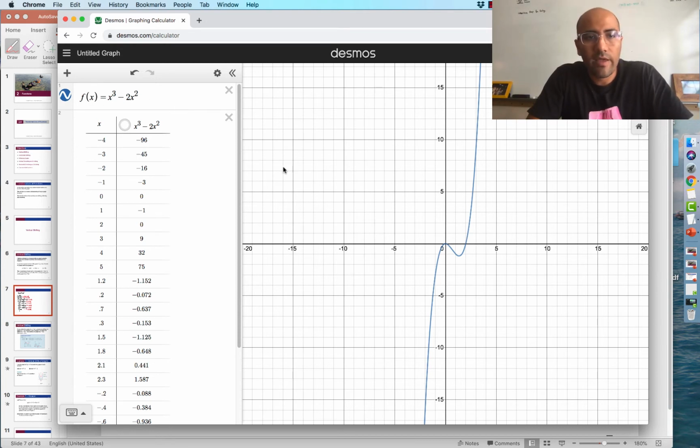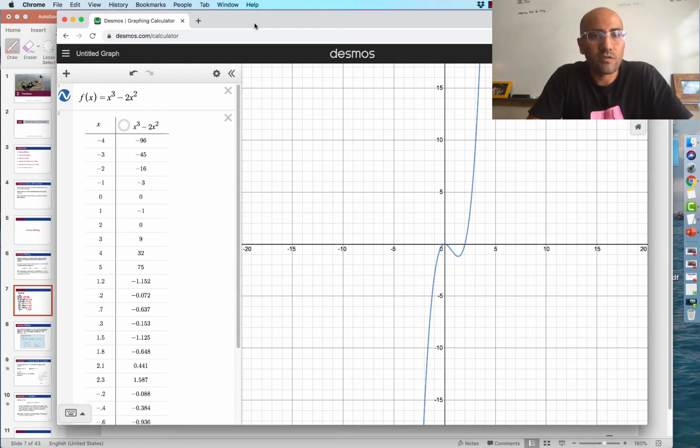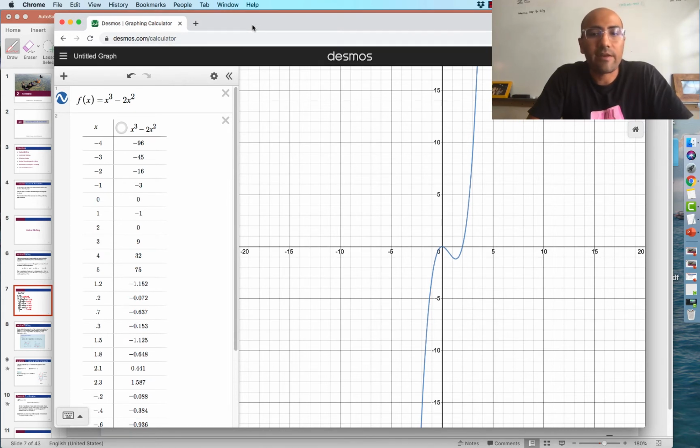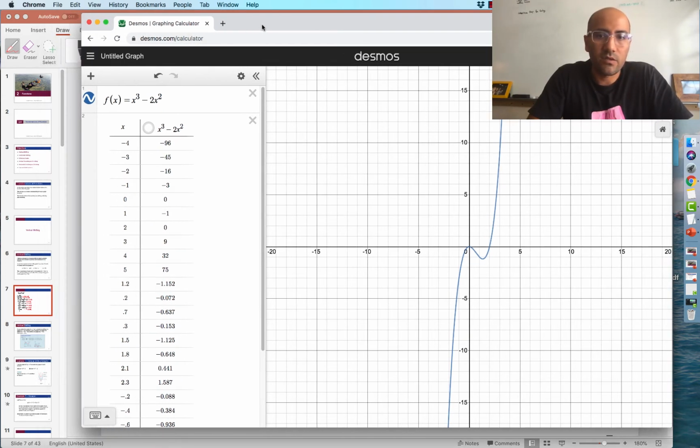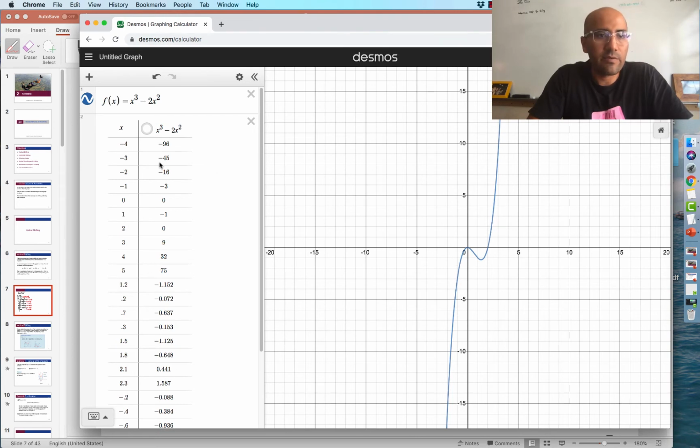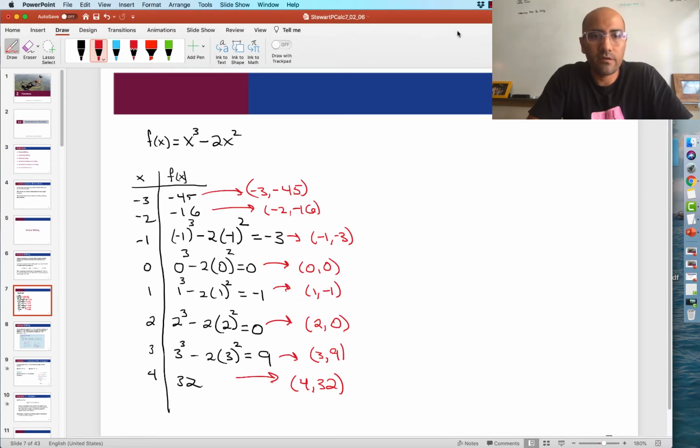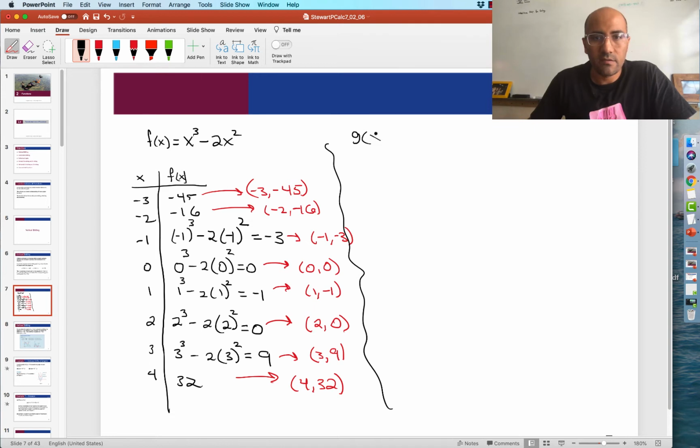Okay, so after all that work, we have ourselves the original function. But this question wasn't about graphing functions. It was about how to transform them by adding or subtracting constants. So let's look at that. Okay, so finally we have the graph of our equation. Let's go back over here, and let's look at what happens to our function as we add, say, a 3. So let's say we have now a new function, g of x, which is defined to be equal to f